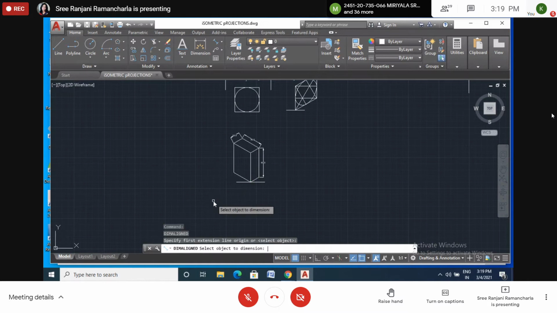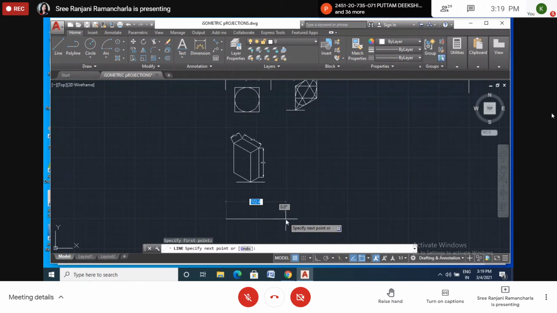The question will be given like this: draw the isometric view of the orthogonal figure given below. Here I will draw the figure. Please tell the question once again. Draw the isometric view of the orthogonal figure given below.